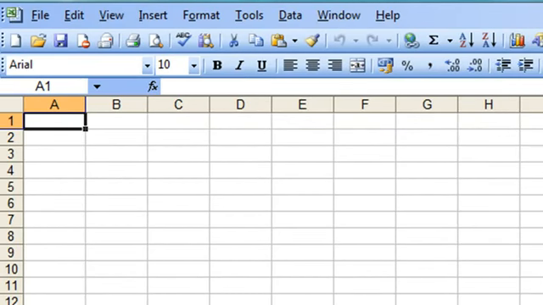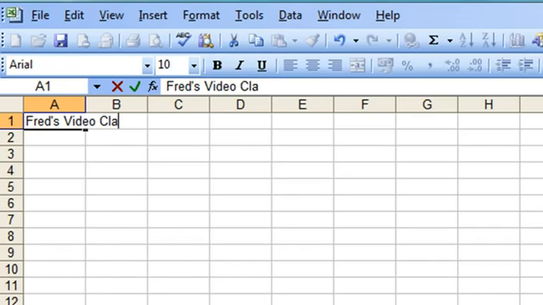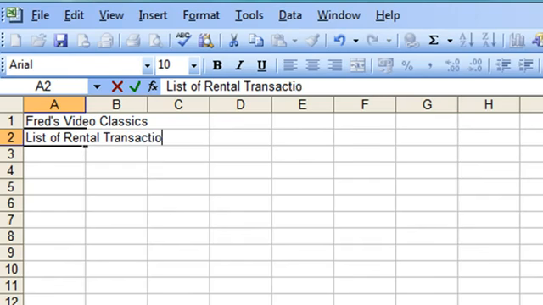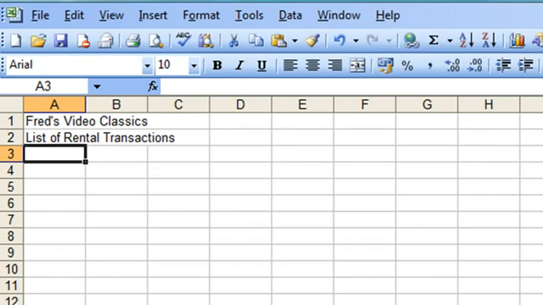You don't need to do this, but I'm going to create a title. And so I'm going to put my Fred's Video Classics label as the business, and underneath type what it's about, which is a list of rental transactions, I hope. Okay, so the next step is to actually leave a blank row between my titles and the